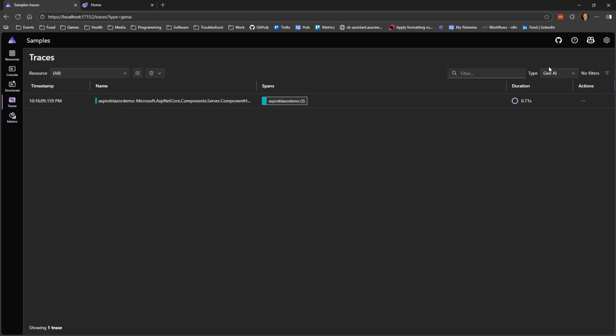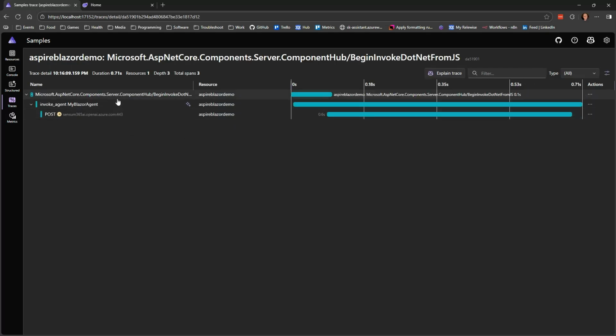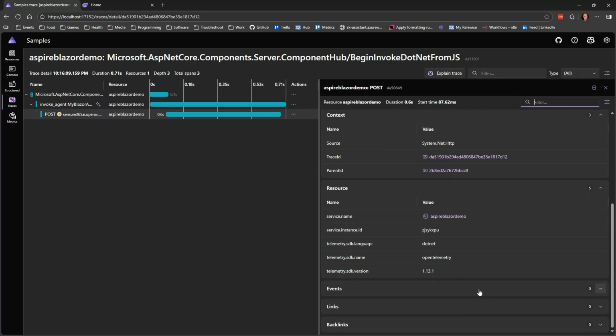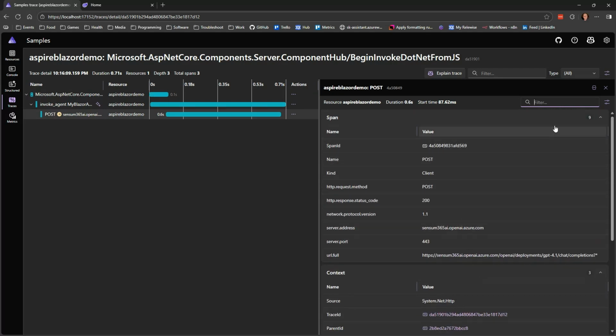We can just filter over here so we can see the actual call and what we know about it. So we can see some JSON started it out because of Blazor. And then we have our invoke agent, which is my Blazor agent, and we see a post call to my Azure OpenAI account up here. And that one is just HTTP.